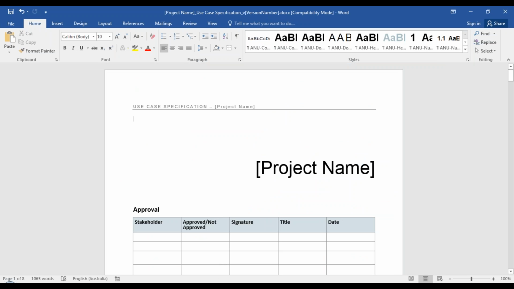So here we have a use case specification. So how do you create a use case specification? A use case model is nothing but creating the required artifacts, the use case scenario and the use case diagram, but then you have to document it. Either the use case scenario or the use case diagram that you create can go into the